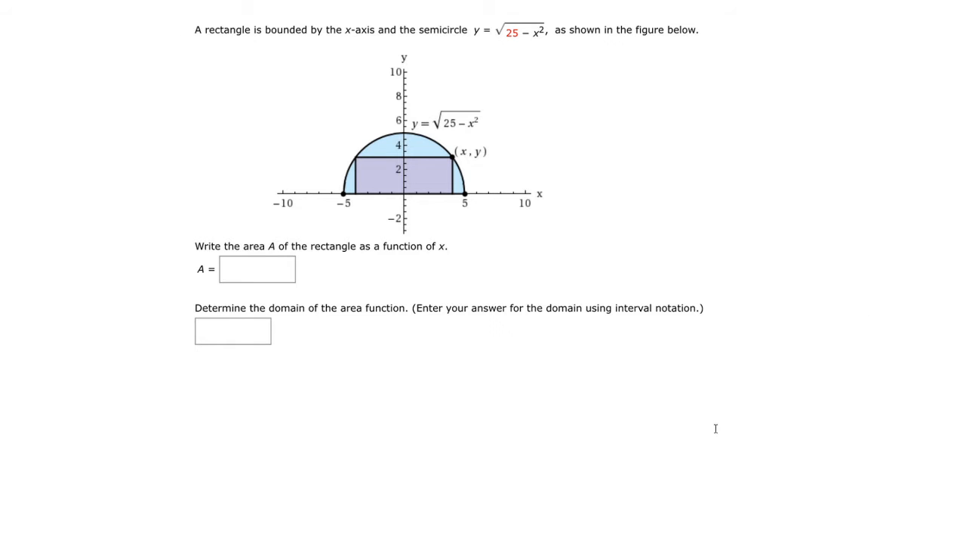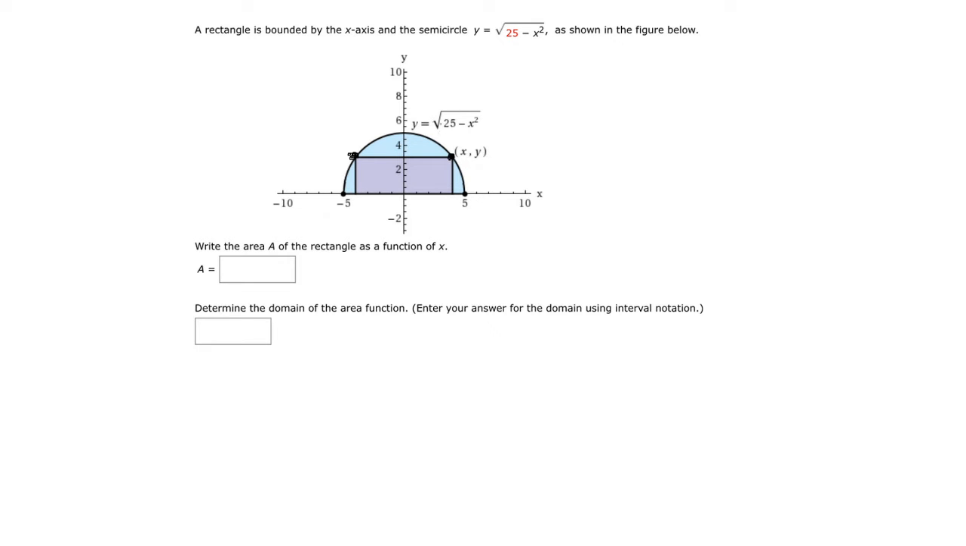We have a rectangle bounded by the x-axis and a semicircle. We want to find the area A of the rectangle as a function of x. So for any point here on the semicircle, we know that it's x comma y. Now the height specifically for this rectangle